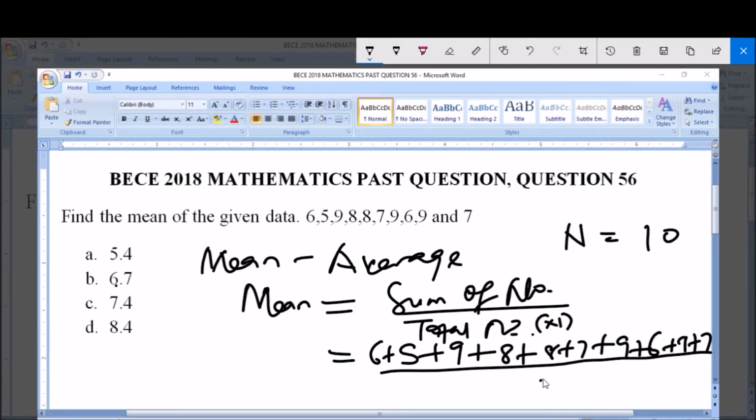Everything all over 10. Now when you sum up these numbers, it will give you what? It will give you 74 all over 10. Now 74 divided by 10 is equal to 7.4. So therefore the mean of these numbers is equal to